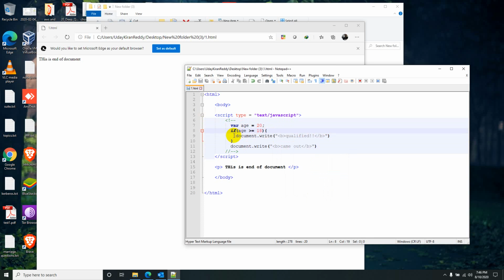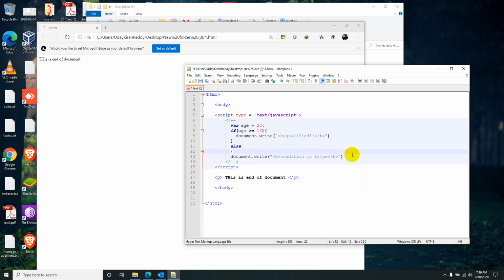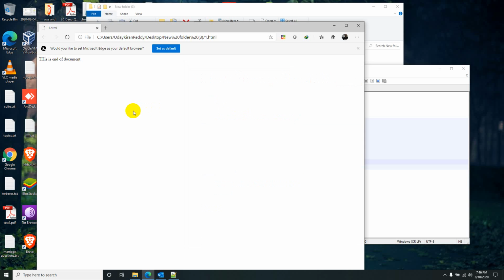If it is false, it won't execute. Coming to this one, this will execute irrespective of the condition, because it is outside of the block and I didn't frame any condition there. Let's say I want to execute this only if the if condition is false. Let me write the text similarly, and then I will frame it with else.